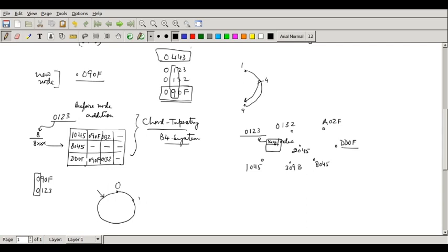Okay. So once this happens, immediately 0123 is figuring out that its routing table has changed. And once the routing table has changed, it should now republish its own entry. So where will the entry be going? It has to now go to 0443. It will be searching for the best match here. So 0443, the first digit 0 is matching. So it has to go to the second column.